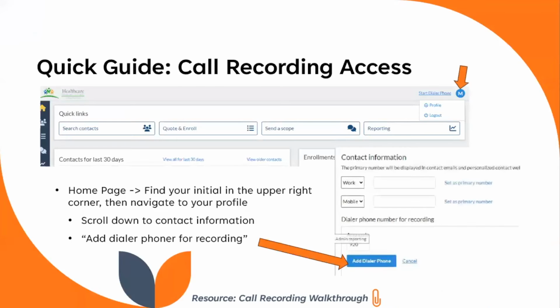All right, moving on. This one's a huge thing that SunFire added last year. This is part of CMS compliance. One thing that is nice: if you want to call your clientele and get all that information, their needs assessment, their providers, their prescriptions, all that good stuff, you do not need to have it call recorded prior to that. But when you fill out the scope of appointment, get all that information,